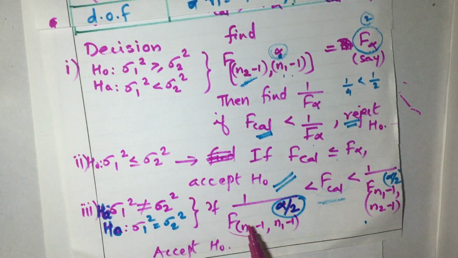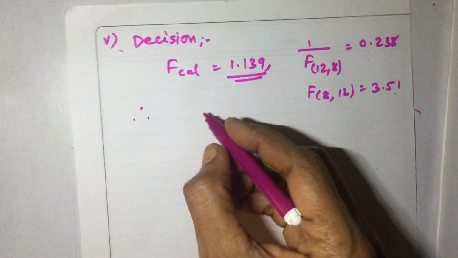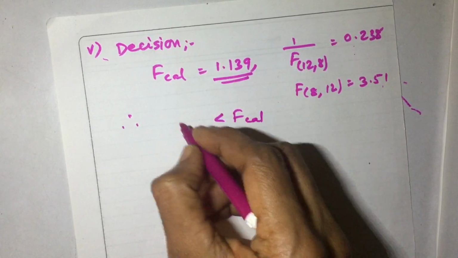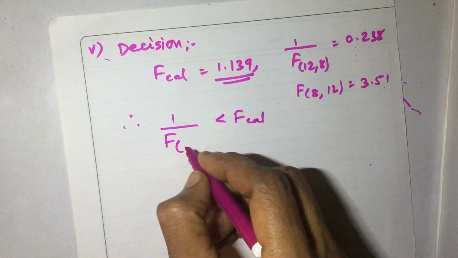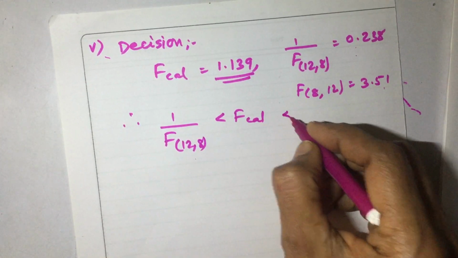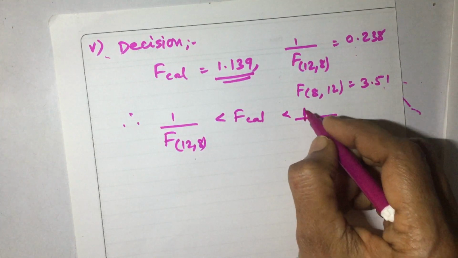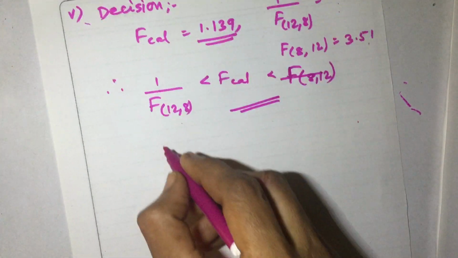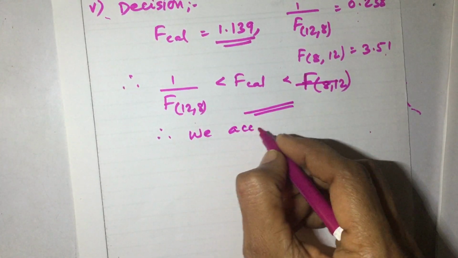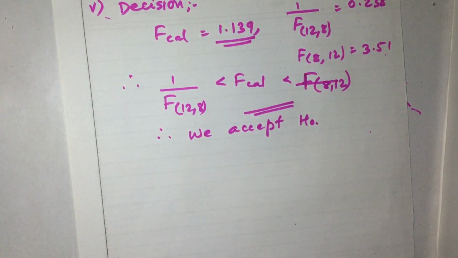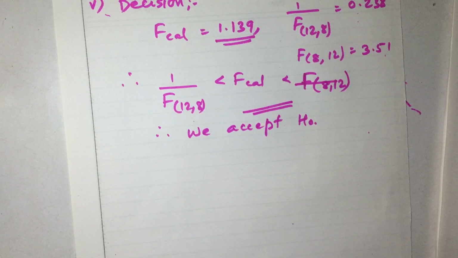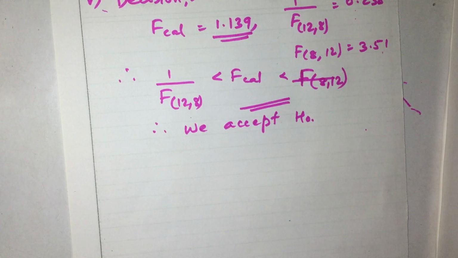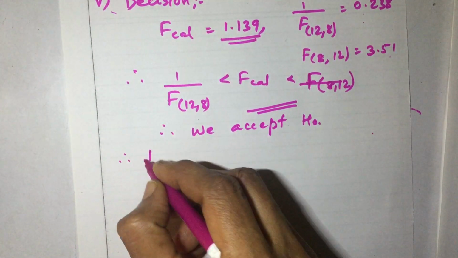If the calculated value lies between these two values, you need to accept H0. So here F calculated value lies between 1 upon F alpha by 2, that means 1 upon F12,8 is less than F calculated, which is less than F8,12. Therefore we accept H0. H0 was sigma 1 square equal to sigma 2 square. So we accept the null hypothesis,